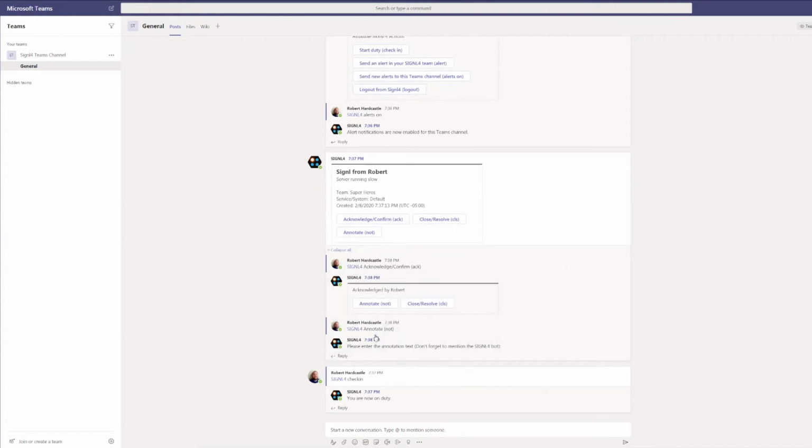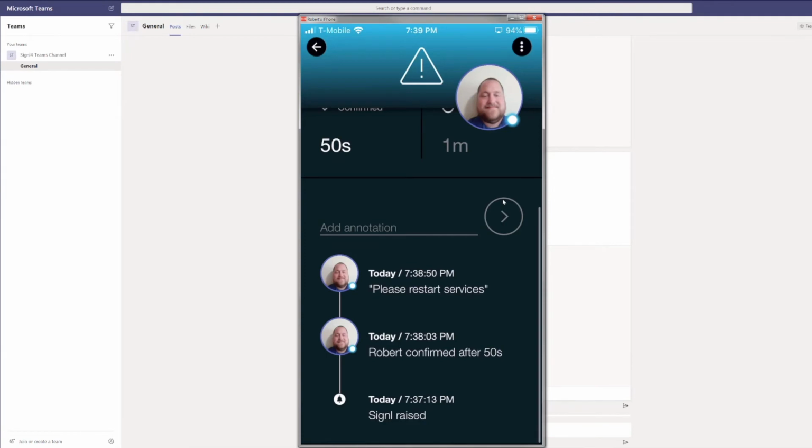We clicked on the annotation button and you get a message saying enter your annotation text, but don't forget to mention the SIGNL4 bot. If you don't mention the SIGNL4 bot, all the text that you enter will not be picked up by the SIGNL4 bot because it just assumes it's an actual message to and from the team. So we have the @SIGNL4, and then we're going to type in please restart services as an annotation, and you'll see the new annotation from the user. Please restart services. There's the actual annotation,